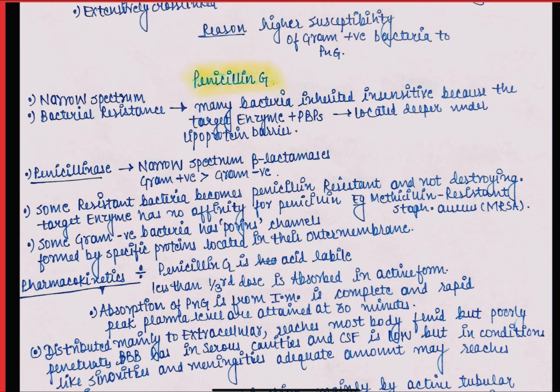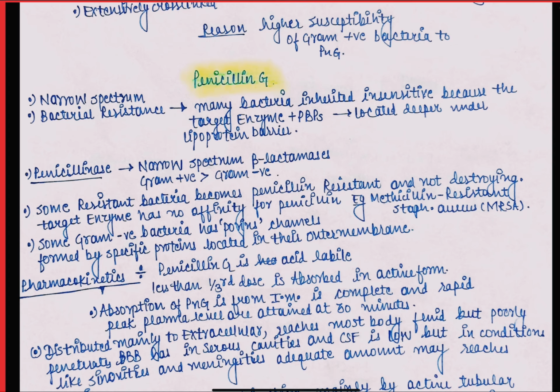The primary mechanism of acquired resistance is production of penicillinase. These are also known as beta lactamases. They are narrow spectrum beta lactamases, and they are mostly produced by Staphylococci, E. coli, H. influenzae, and a few other bacteria. The gram-positive bacteria produce a larger quantity of this enzyme, and it diffuses into the surroundings and protects the inherently sensitive bacteria. In gram-negative bacteria, penicillinase is found in very small quantity. That is also present between the lipoprotein and peptidoglycan.